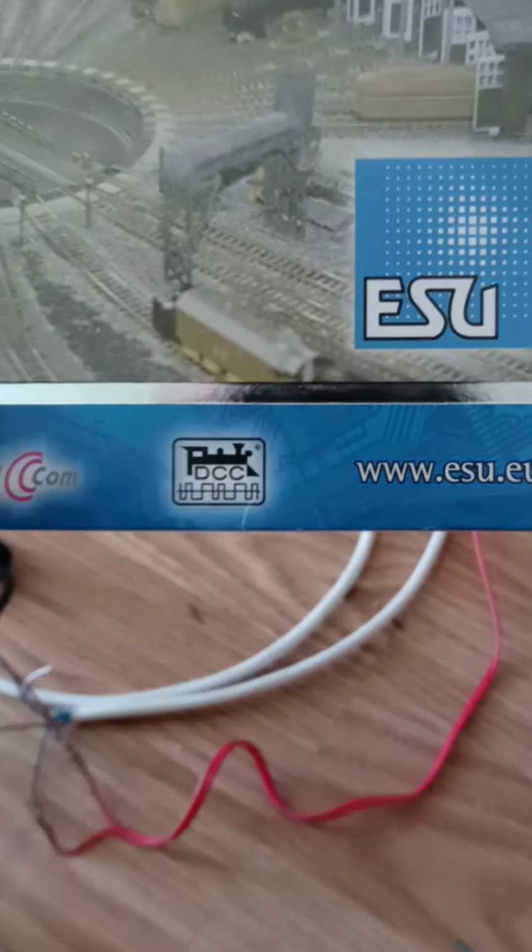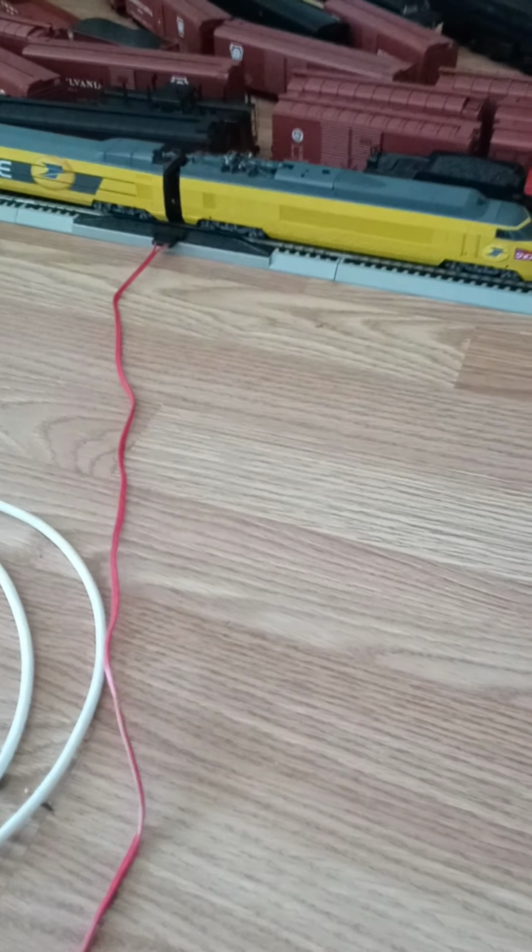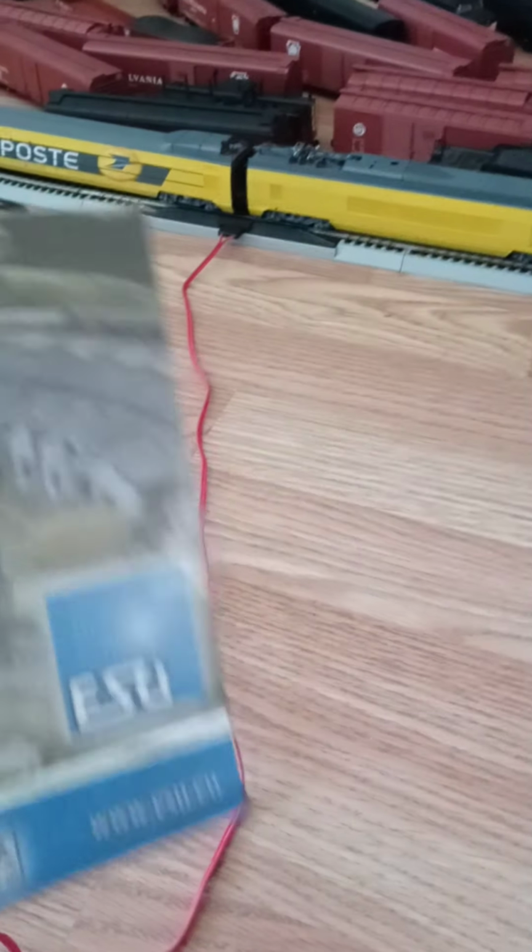I'm just gonna say this: do your research. I just put it on the track and used my Digitrax controller, and it caused no problems running the train at all. I mean, well, we'll talk about the dummy unit later on and what was going on with that one, because that one had this